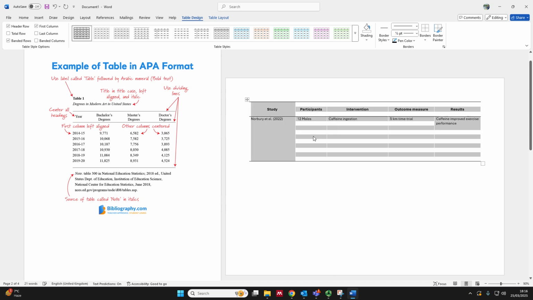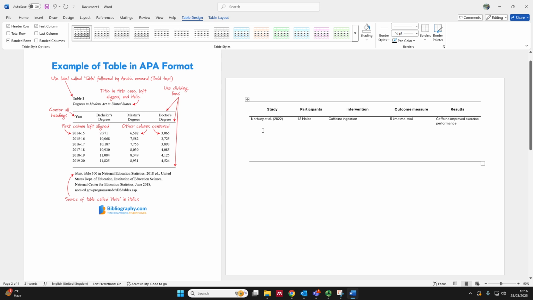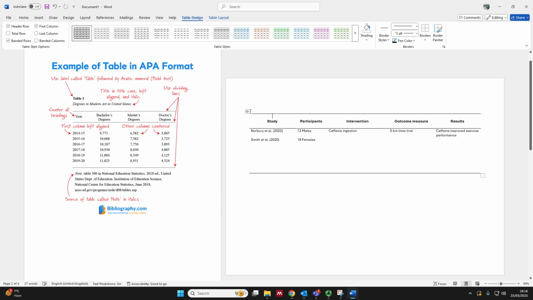And from that point onwards, you can fill in your second study, so Smith et al. 2020, 18 females. Again, this is just an example. You start populating out your table. Key thing to make sure once you're finished is I'm just going to drag this down a little bit, and